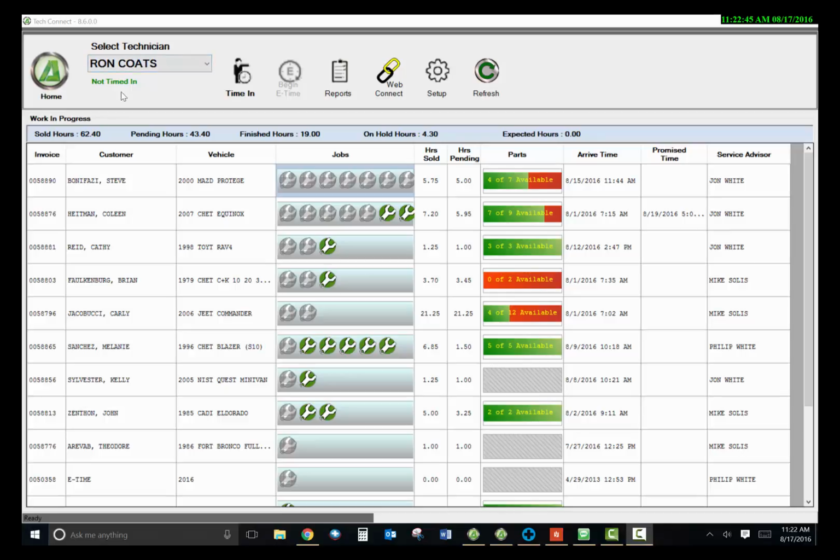We're looking at Ron Coates, and this is the work that's assigned to him through the week. These are the vehicles assigned to him and his work pending. You can see they've sold 62 hours. He has 43 hours pending, and he's finished 20 hours. And then if a vehicle is marked on hold or expected in, they will not be on the work in progress for the technician. So the technician's able to see how many hours have been sold for each